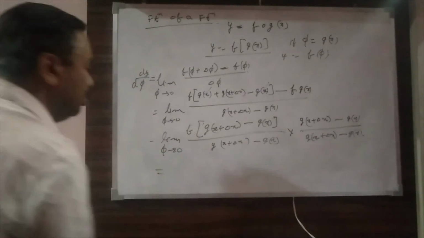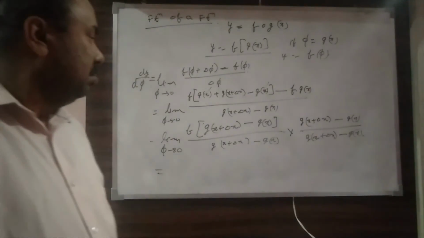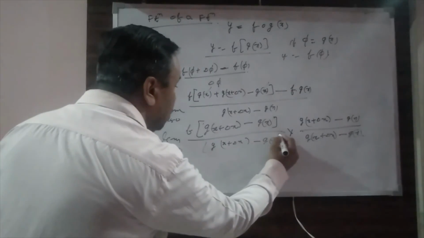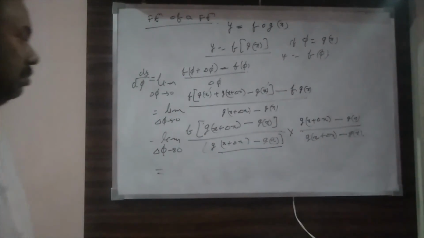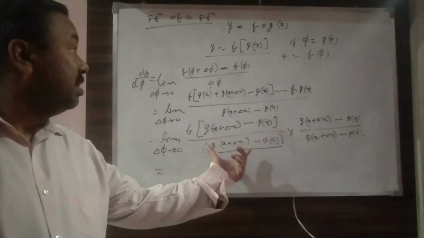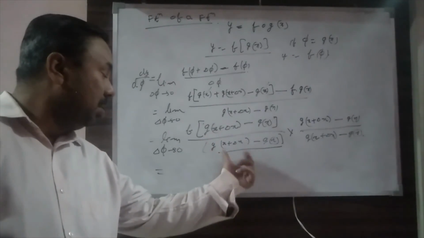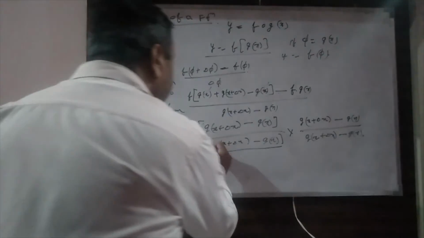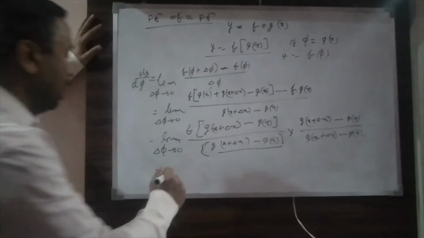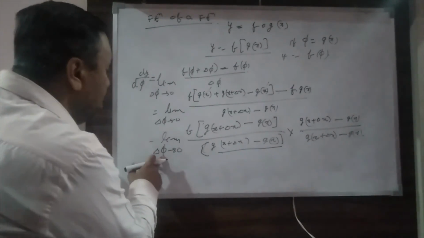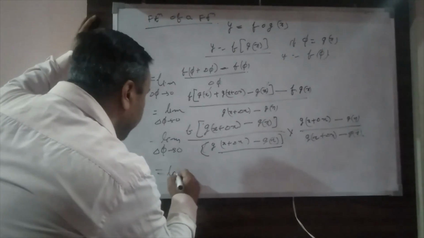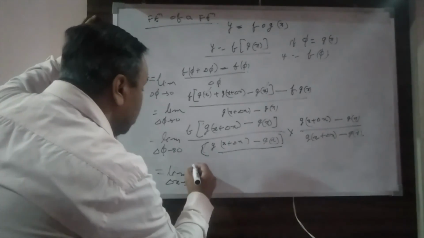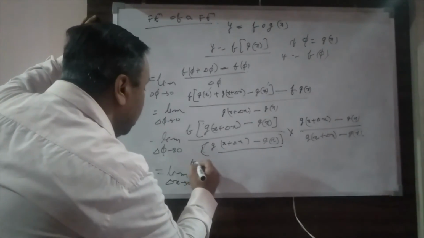Okay. So now you see, this is what? If I take this term, as I said, gx is a continuous and differentiable function. So when delta x is tending towards 0, gx will be the same. So the whole product is tending towards 0. So in place of this, I can write it as h also. And now no need of delta phi. Now I will be writing delta x tending towards 0. So it will be delta x also, the same thing, because it is also tending towards 0.